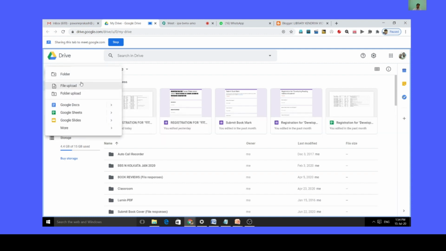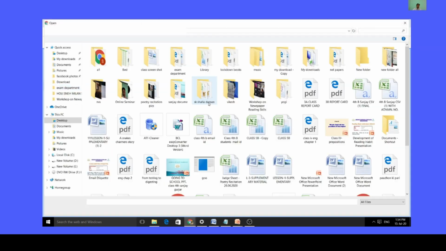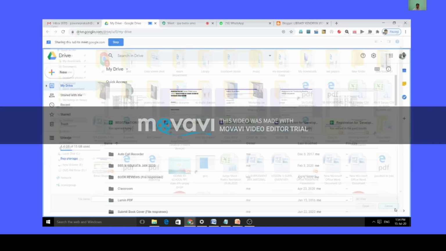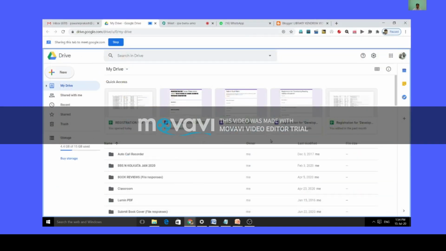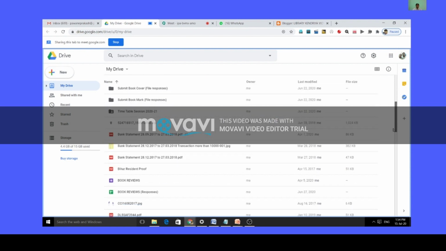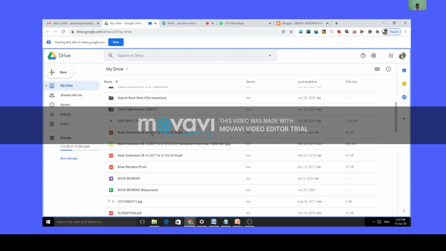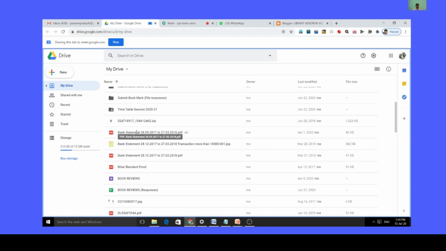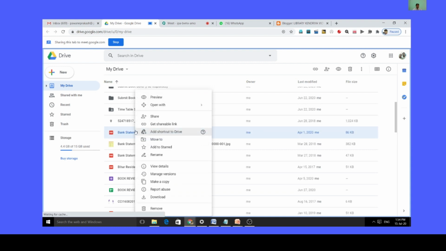After clicking on the new, you will upload the file. Click on the file upload. You will upload any file that you want to send. After uploading it, it will show here in the main body of the screen. Then suppose you want to send this file, just right click on this and get shareable link. Just copy it.